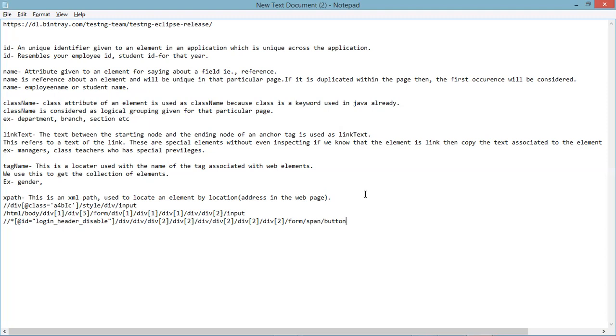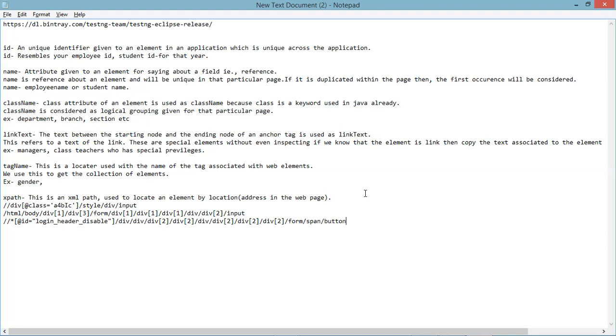You cannot use the same number, right? So you have to change all the documents. Likewise, after div 3, if another element like slash select is inserted, you have to change the complete XPath for all the elements that you are using.